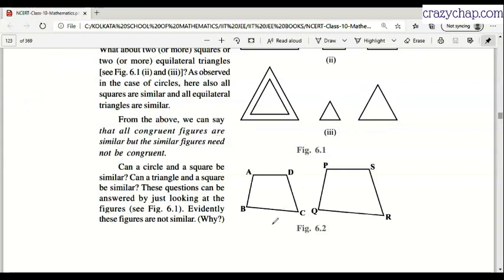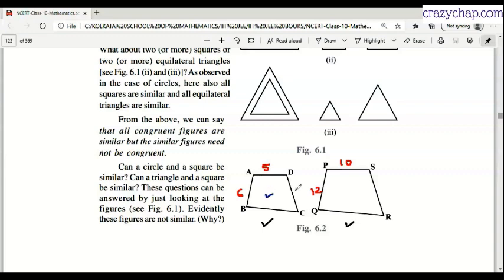Before we move on, we can see that quadrilateral ABCD and quadrilateral PQRS look similar, right? Let's be specific with the information. Let's say side AD is 5 and this side is 10. And let's say side AB is 6 and this side is 12. So for sure we can say that these two quadrilaterals are similar. Why similar? Because the ratio of